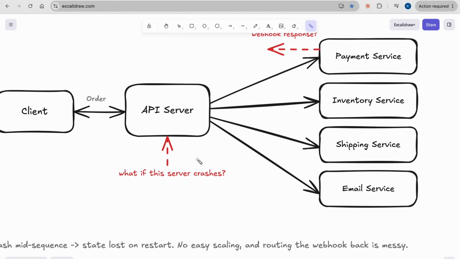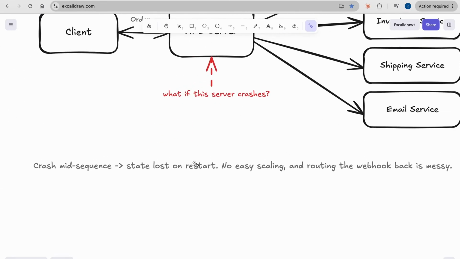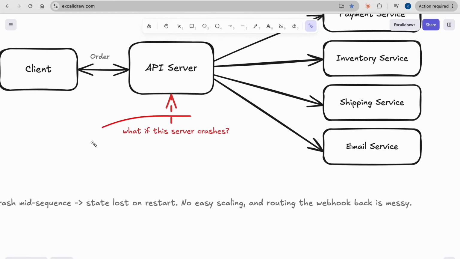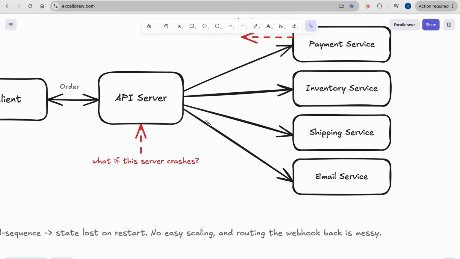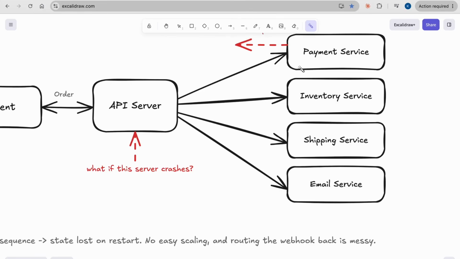But this has two serious problems: reliability guarantees, that's one, and more complex coordination. So the first thing is crashing and failures. What happens if this server goes down, the only one that we are trying to rely on? Let's say we charged the payment, and before trying to reserve the inventory, the server crashes, and now when it restarts, it has no memory of what happened. So we charged the customer and have not delivered any product.